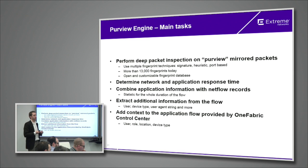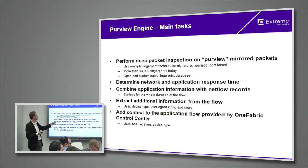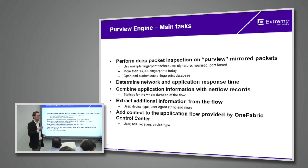Yes. And store that for historical and look back and all that kind of thing. Yeah. Cool. So we do that as well. What the system also needs to do, because typically the NetFlow doesn't provide you with that information, is part of the DPI engine itself. So the DPI engine timestamps it and stores it upstream,